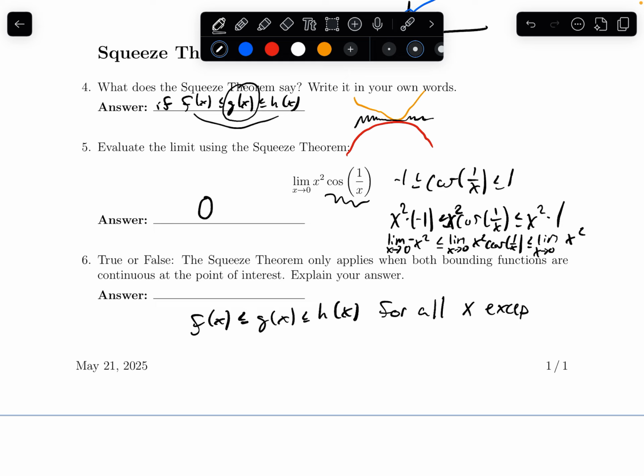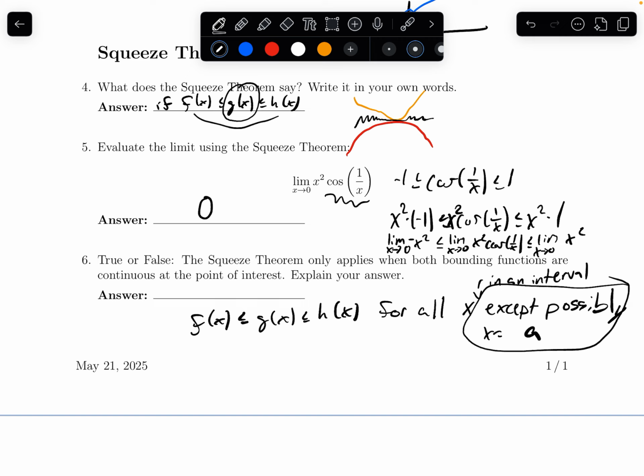except possibly at x equals a. Maybe for all x in an interval containing a. So we don't really care what happens at x equals a. And when we do the squeeze theorem, notice we take limits, right? We don't need to actually evaluate the function value. So it only applies when bounding functions are continuous? We can say no. But generally, you're not going to see a squeeze theorem example where you end up using